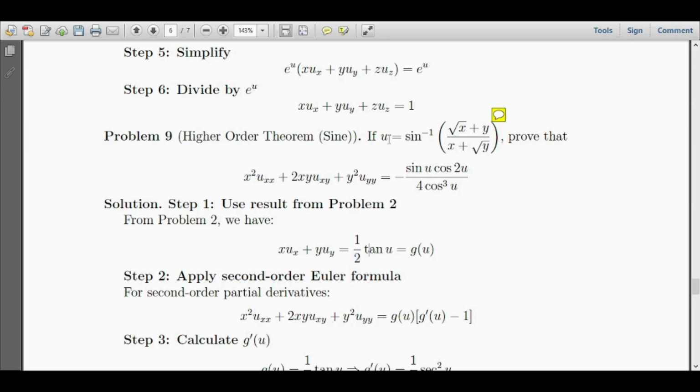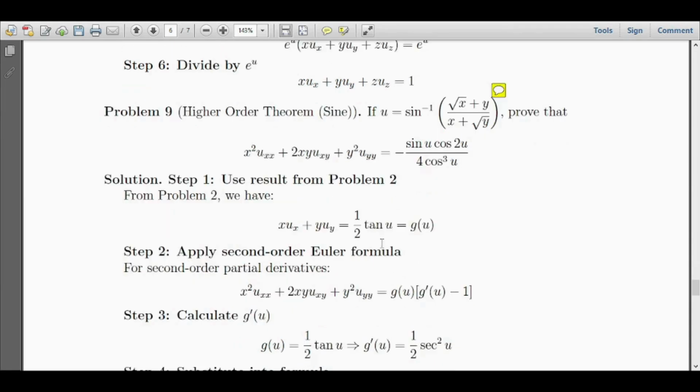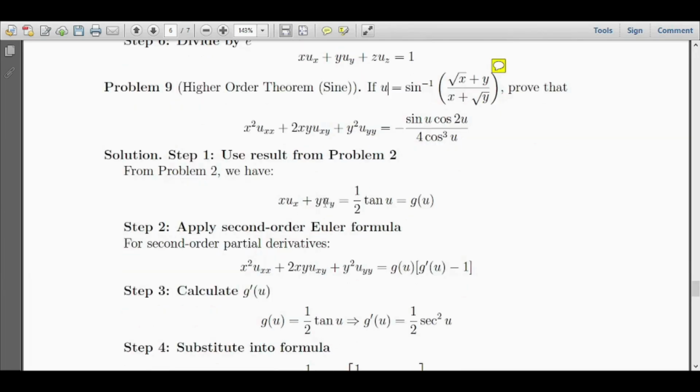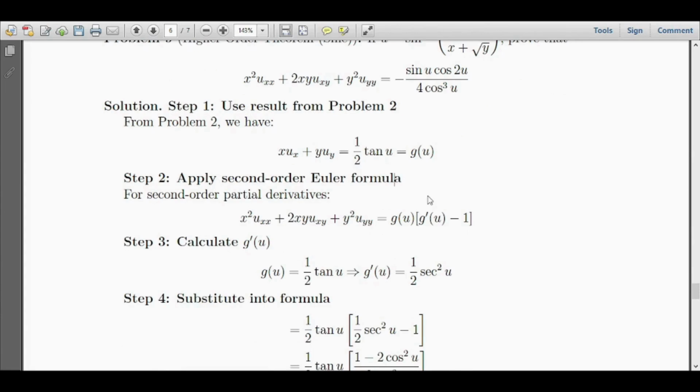And f of u is sin u, right? f of u is sin u, because we converted into auxiliary function. Sin u by f dash of u, means derivative of sin u, cos u, sin u by cos u, tan u. So this is x ∂v/∂x plus y ∂v/∂y equal to 1 by 2 tan u, assume it as g of u. So